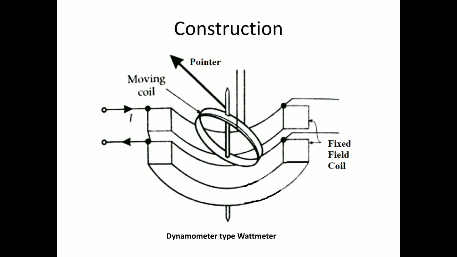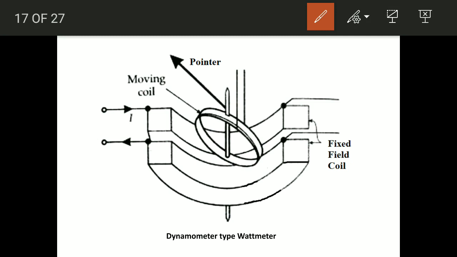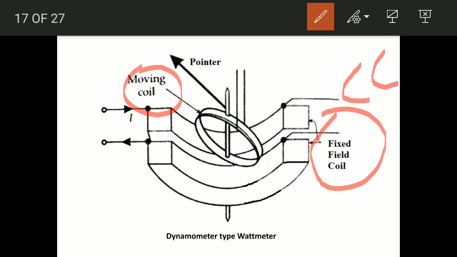So construction wise, if you see the schematic view of electrodynamometer type wattmeter, or simply EMMC type wattmeter, it has two main working components in it. First one is called a fixed coil, second one is called a moving coil. Now in case of this instrument, the fixed coil is also known as a current coil, abbreviated by symbol CC, whereas the moving coil is also known as pressure coil, indicated by symbol or abbreviation PC. Now what are the objectives of having fixed coil and moving coil in a wattmeter, that we are going to learn.